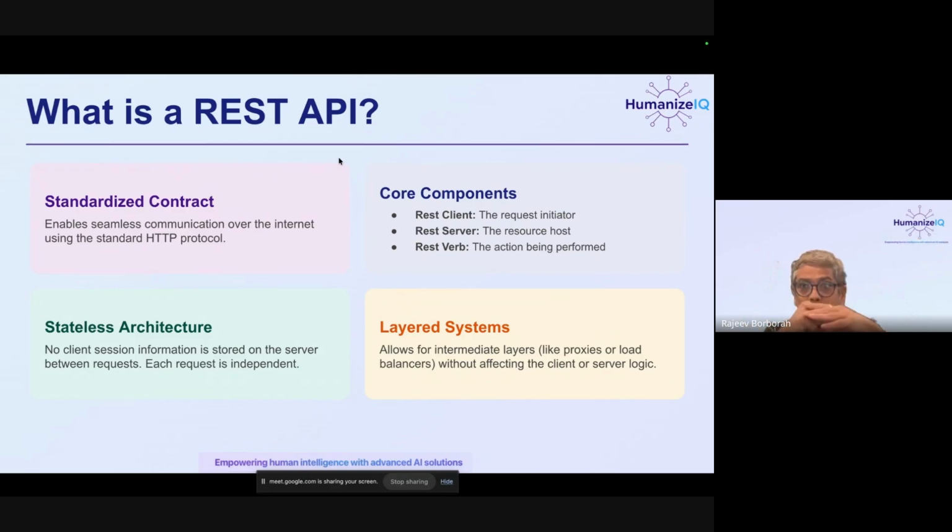The key thing to remember about a REST API is it is stateless, which means that when you make a request, that request does not remember what happened in the previous request, kind of thing. It's like a web page. When you go to CNN.com, CNN.com does not know that you were there before. Yeah, in theory, they do know because they are dropping additional things like cookies and other things which maintain state. But the request itself does not know that you are the same person. It is a stateless architecture.